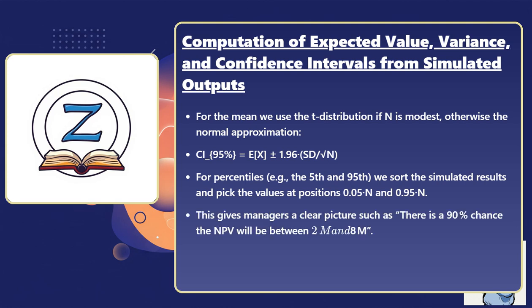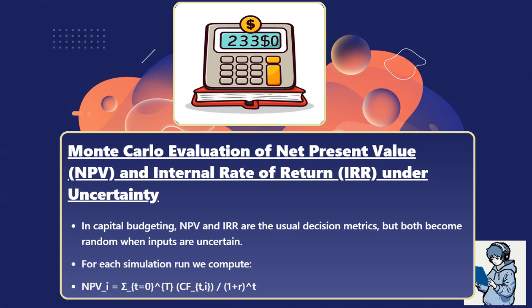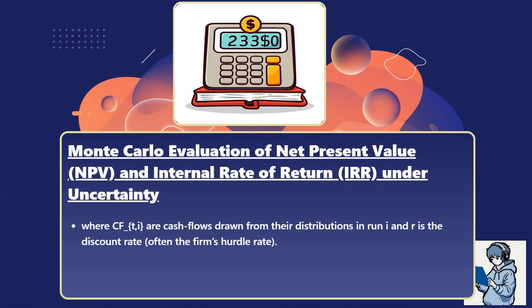This gives managers a clear picture, such as there is a 90% chance the NPV will be between $2 million and $8 million. In capital budgeting, NPV and IRR are the usual decision metrics, but both become random when inputs are uncertain. For each simulation run we compute NPV_i equals the sum from t equals 0 to T of CF_t,i divided by (1 plus r) to the power t, where CF_t,i are cash flows drawn from their distributions in run i and r is the discount rate, often the firm's